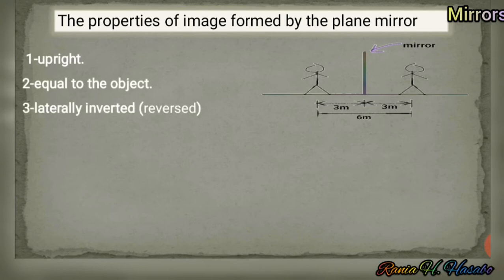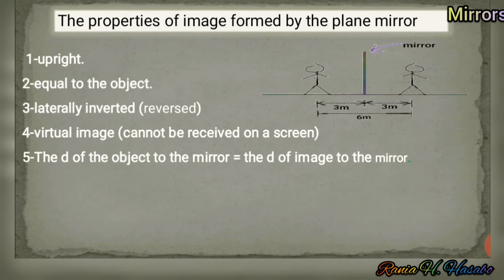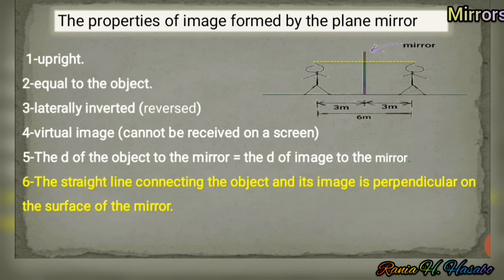Number 3, laterally inverted or reversed. Number 4, virtual image which can't be received on a screen. Number 5, the distance of the object to the mirror equals the distance of the image to the mirror. The last property is that the straight line which connects the object and its image is perpendicular to the surface of